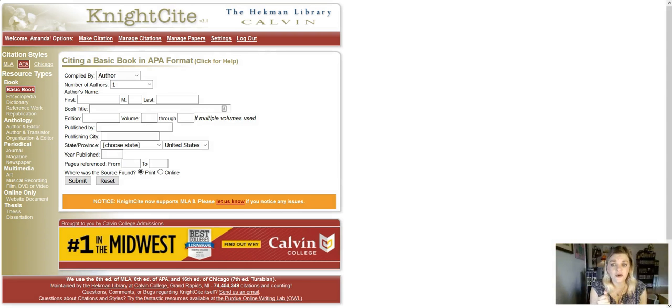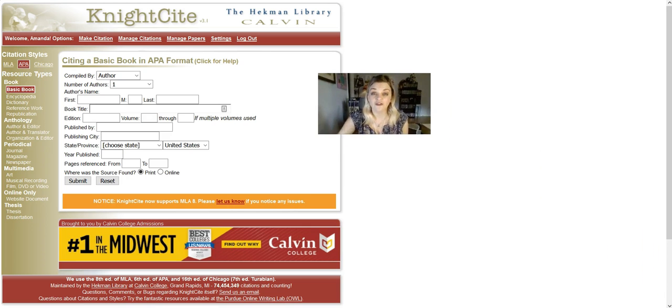The website is called Knightcite. So just a minute here. Okay, so the URL is actually kind of long. The site is hosted by Calvin College, as you can see here on your screen, and the URL is like calvin.edu/a bunch of things. So the easiest way, I think, to get on this website is just to Google Knightcite. Once you have arrived on Knightcite, you're going to have an option to log in and create an